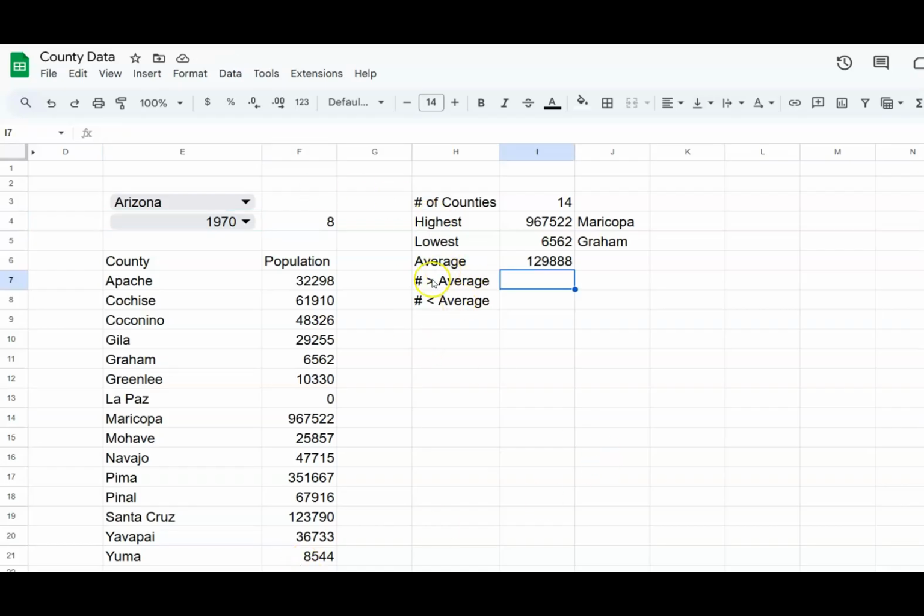So now I just need to figure out the number of counties greater than the average and the number of counties that are less than the average. And so I just need to do what's called a COUNTIF question. So let's click onto I7, type in equals, and then COUNTIF, C-O-U-N-T-I-F, and then a parenthesis. And then we're going to say where we're going to count in, and that's going to be F7 colon F. So we're looking in F7 colon F, comma,